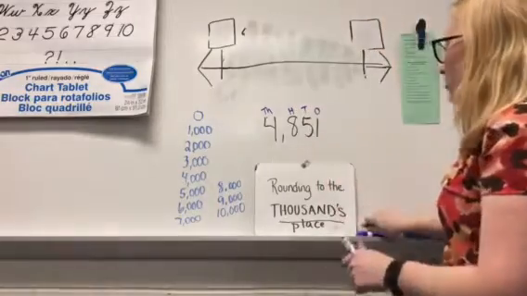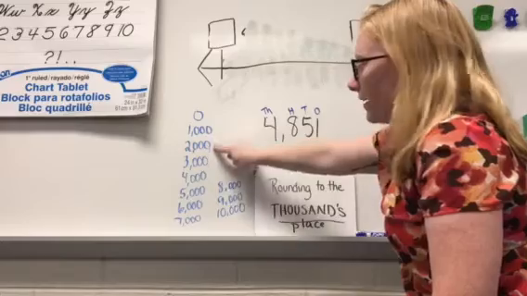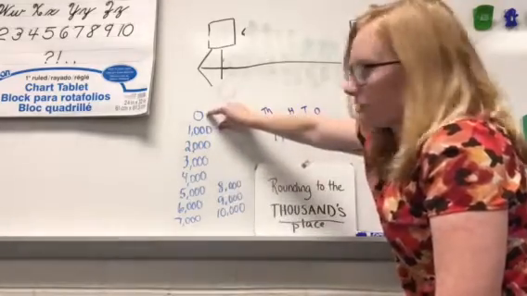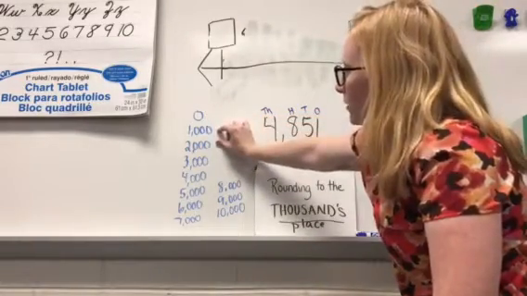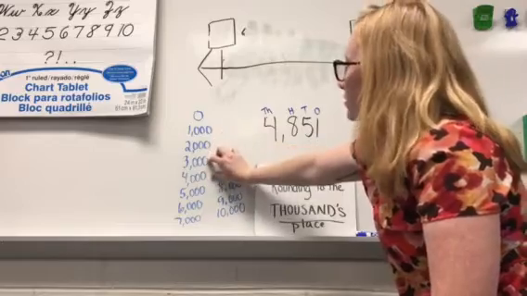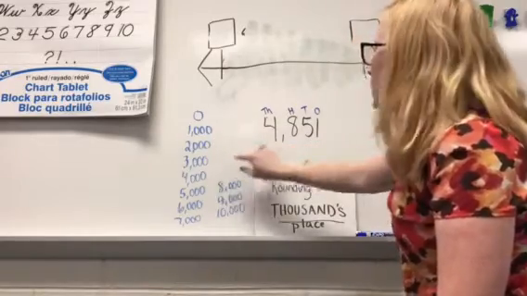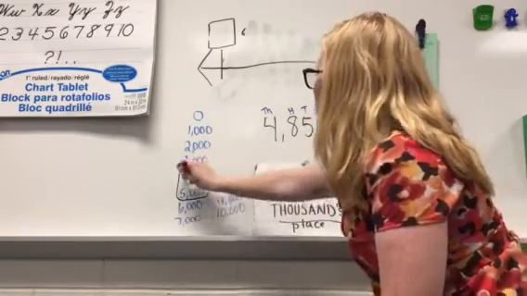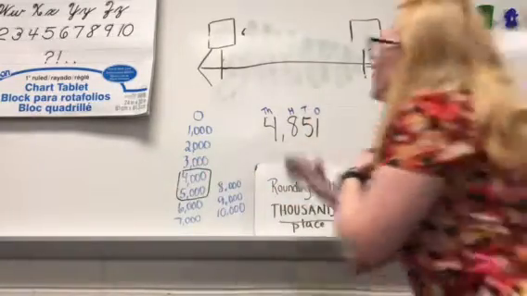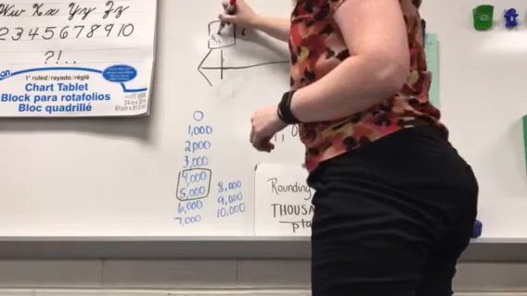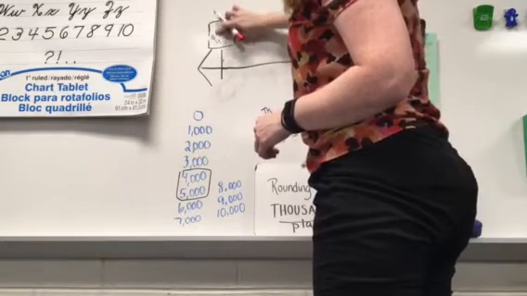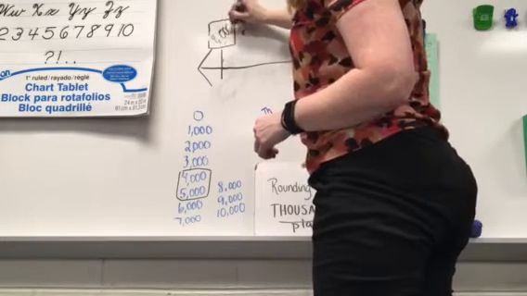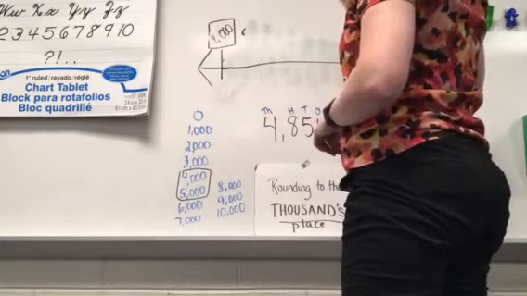So I'm gonna look and see over at my list, what is 4,000 in between? Well, it's not in between 0 and 1,000. Not in between 1,000, 2,000, 2,000, 3,000, 3,000. Oh, there's a 4,000. But this number is bigger than 4,000. So it's gonna come in between here. So I'm gonna put 4,000 on one end of my number line and 5,000